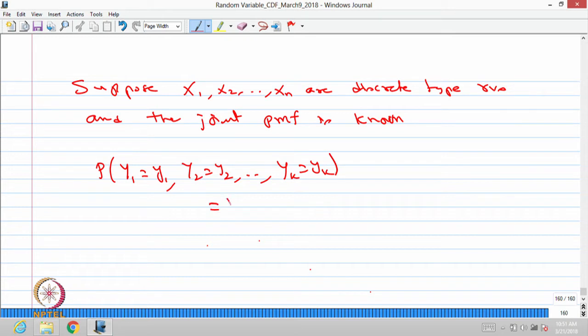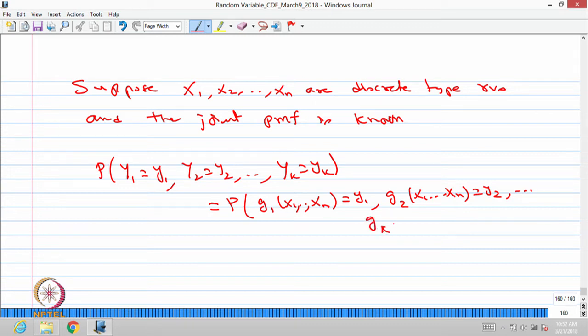That is the same as the probability that y1, replaced by g1 as a function of x1, ..., xn, takes a value small y1, y2 takes a value small y2, that means g2 of x1, x2, ..., xn takes a value y2, and so on. And gk of x1, x2 and so on xn takes a value yk, that is the same as